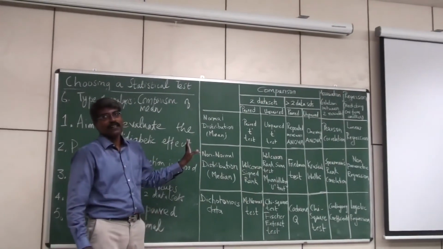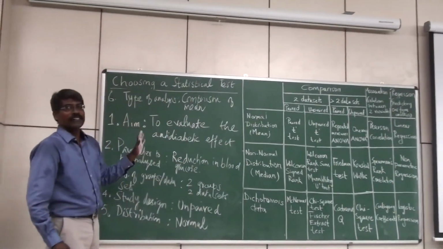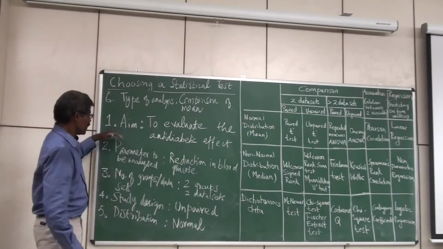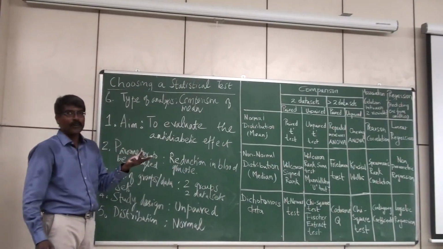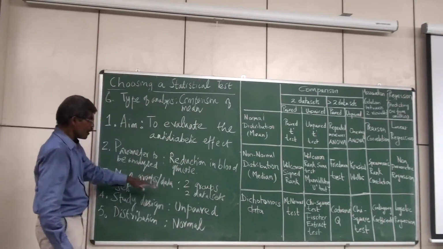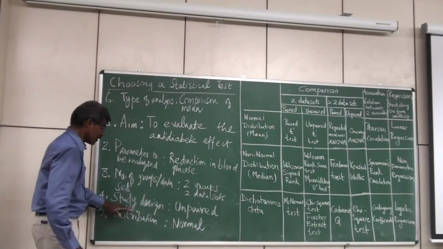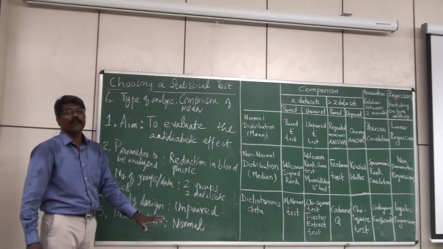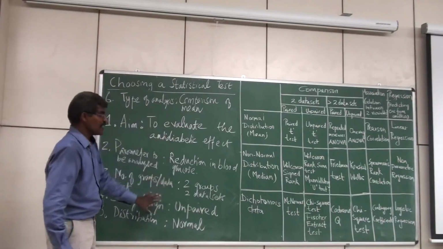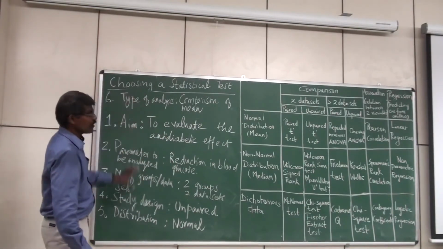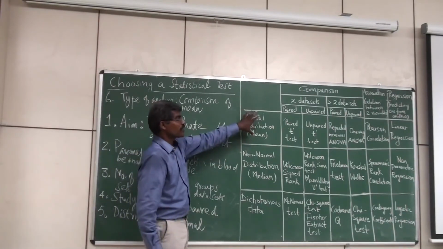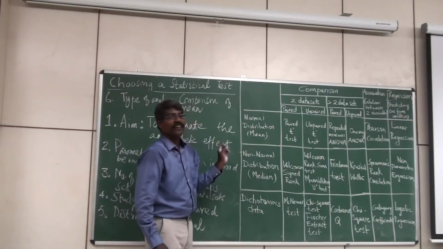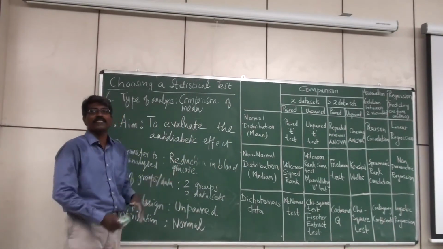To summarize, there are 5 factors which we need to know to select which statistical test to use: what type of variable we have, what type of analysis we want to do, how many groups and data sets we have, what is the type of study design, in statistical terms paired or unpaired, and what type of distribution of data we are dealing with. Once we have fixed these 5 things, go stepwise and write all these things down. Then with the help of the table, fix the row and the column, draw an imaginary line, and where it meets, that particular test is the statistical test you have to use for analysis of data.